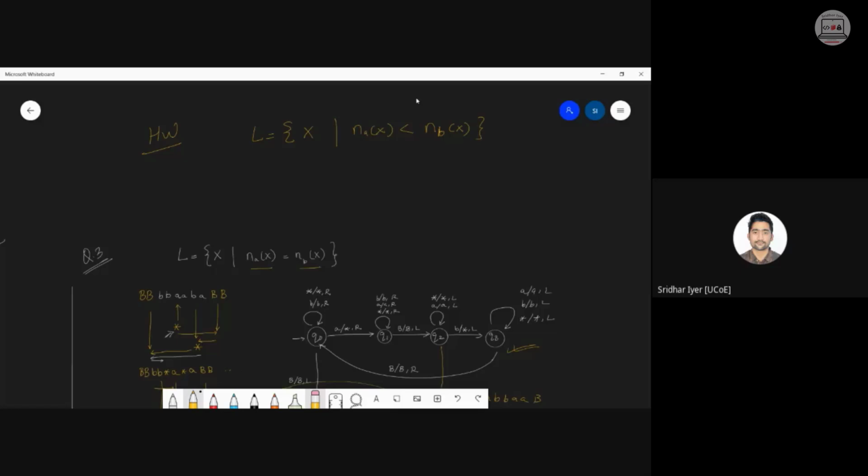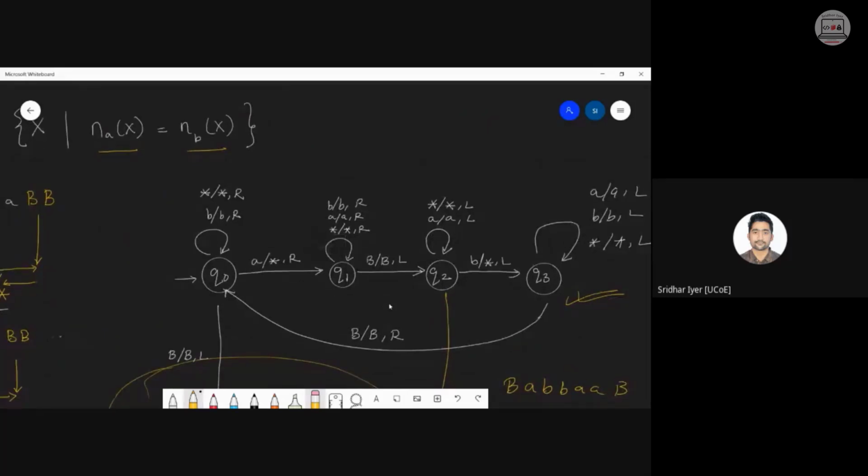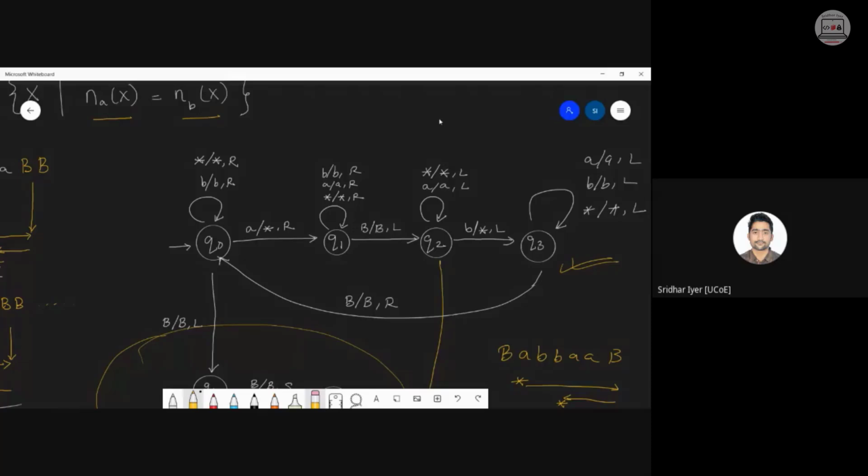एक simple सा technique बोल सकता हूं मैं. Don't strictly depend upon this logic. यहाँ पे हमने A read किया है पहले. You can start with B. Am I clear? Diagram same रहेगा. Start with B. So there is no hard and fast rule in Turing machines. That is the beauty of Turing machines. I have started with A. So what you can do is you can simply start with B and the entire logic remains same.